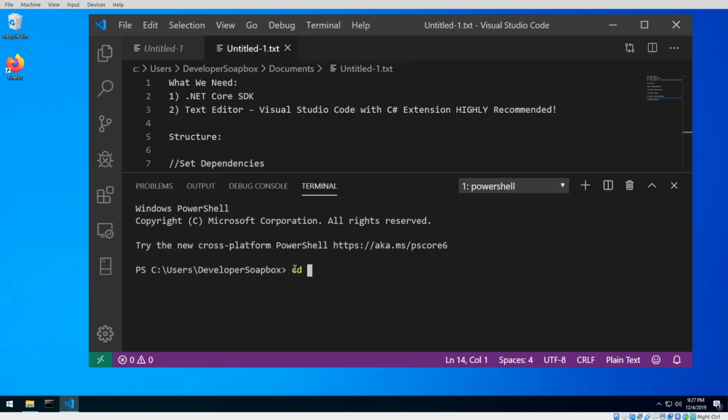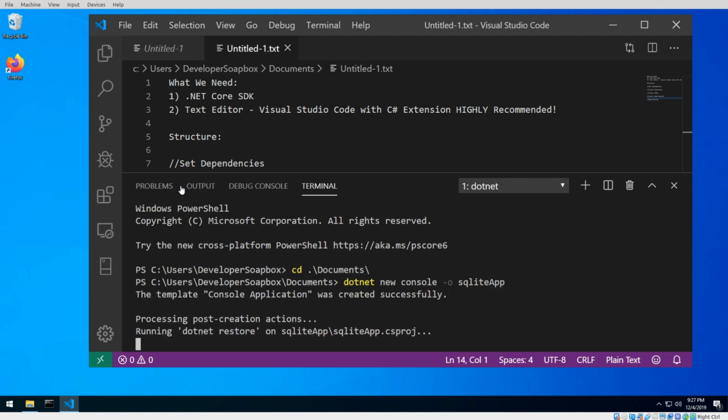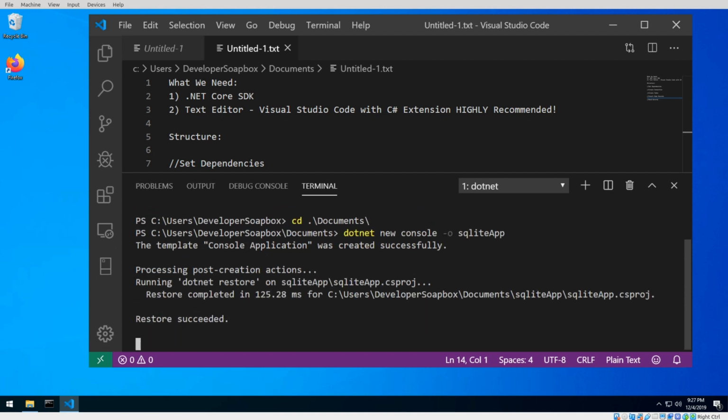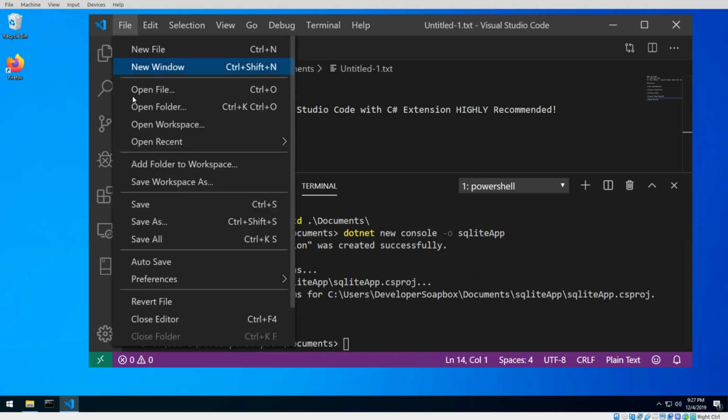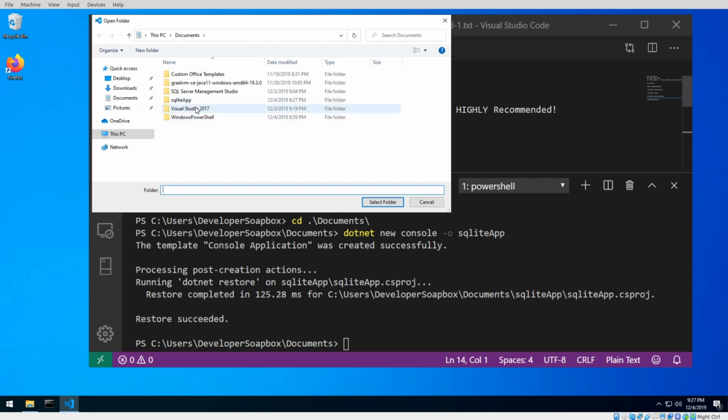And I'm going to cd into my Documents folder. That's where I'll create the project. And I'm just going to do dotnet new to create a new project. I'll make this a console app, so it's console -o, and this is to create the directory, and I'm just going to call this SQLite app and hit enter, and it'll create the project for you. Once the project is created, let's go ahead and open the folder of the project. So there it is, just select folder,